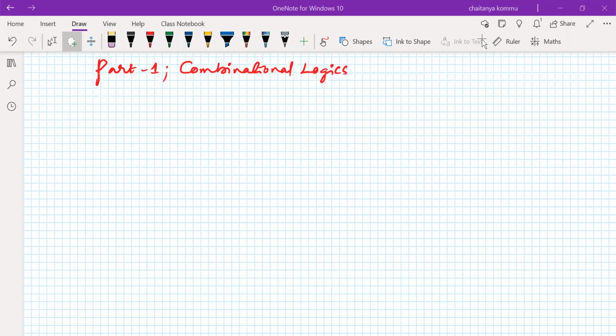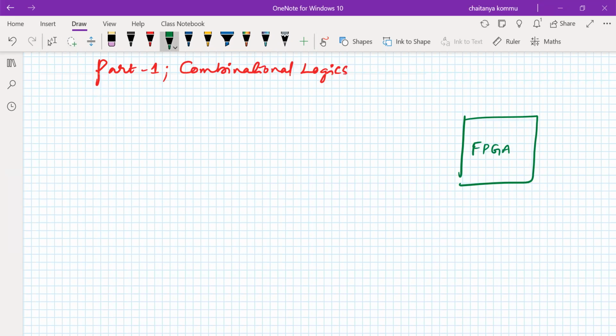Some of the digital logic, some of the combinational circuits that we will consider, we are going to implement by using Verilog HDL. Okay, fine. As I mentioned previously, our goal must be clear. So what is our goal? We have an FPGA in our hand, for example. That is dedicated hardware in our hand.